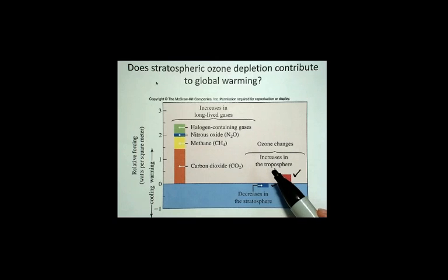More ozone, it is an IR absorber. It will absorb infrared radiation, but it's a pretty small factor. And then the decrease of ozone in the stratosphere actually has a cooling effect because there's not ozone there to absorb the infrared radiation. So the hole in the ozone layer has nothing to do with warming up the Earth. Actually, it would serve to cool the Earth. So that's why this is going in a cooling direction. A decrease in the stratospheric ozone would cause a cooling effect because there would be less ozone to absorb the infrared radiation.